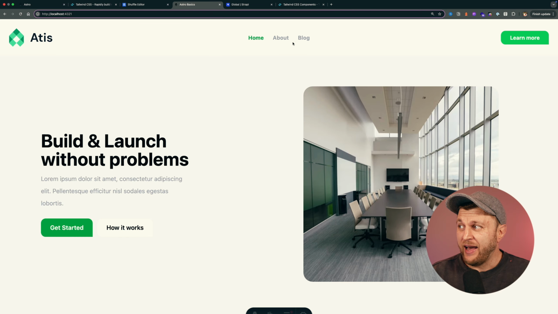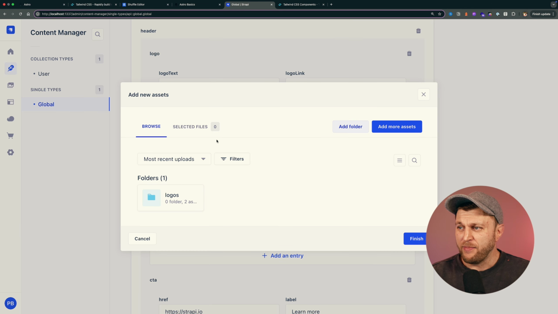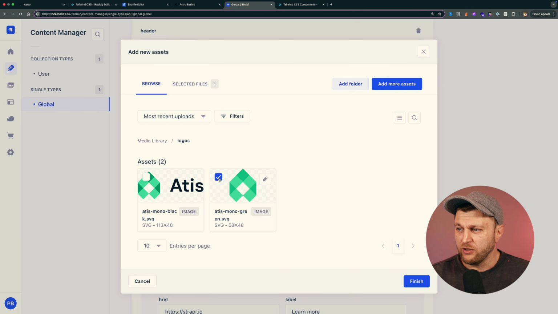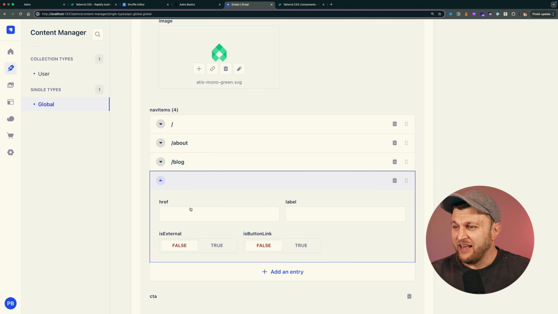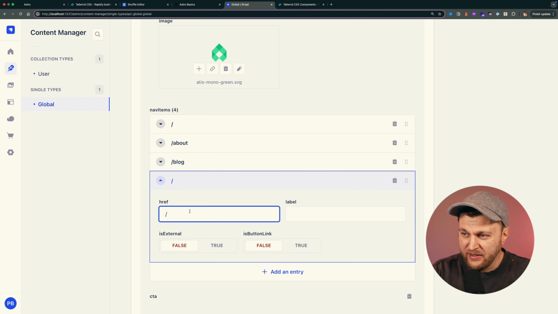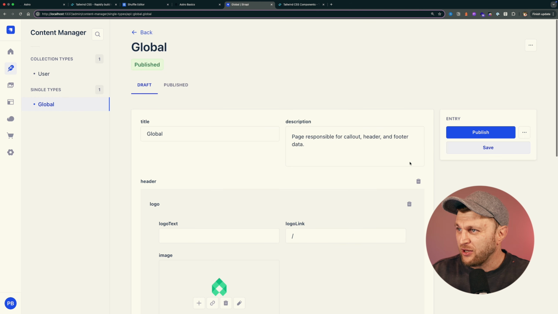So if I wanted to add another link or change my logo, I could easily do it within my Strapi application. For instance, let me change it to the logo without any words. My cat's in the way, so I have to kind of look at my screen. And then let's add another entry. We're going to say this is going to be another link. Let's link it to the Astro website. I'm going to say learn more about Astro. That's a long title. I'm going to say, yes, it's an external link, and I'm going to go ahead and